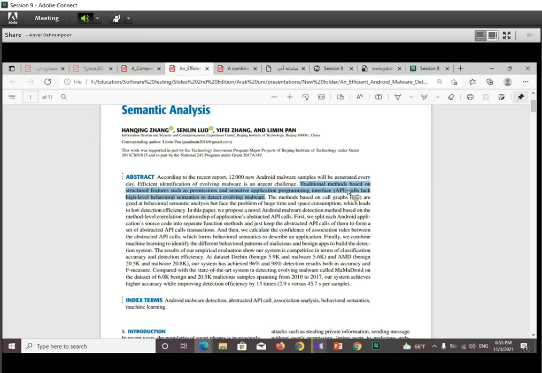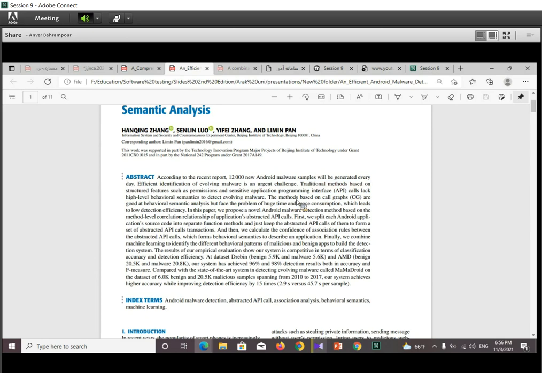So this sentence tells me that the traditional methods could detect some existing malwares and could not notice the evolving of them and reformation of them. So this is a big challenge in malware detection approaches.